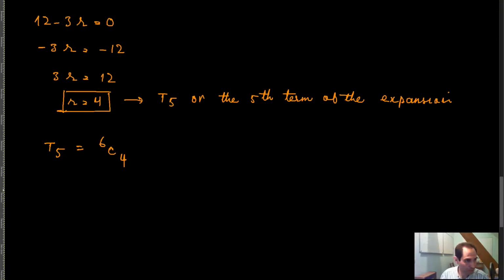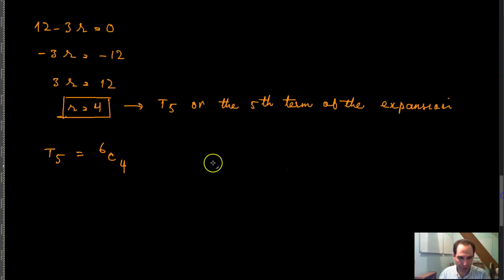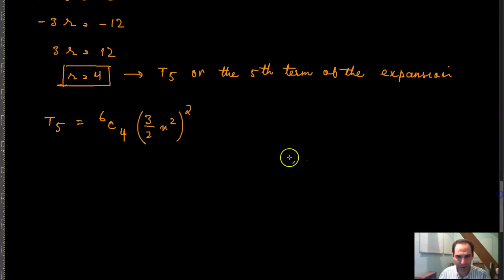You have 6 combination 4, and a raised to the power 6 minus 4, where a is 3/2 x squared, so (3/2 x squared) raised to the power 2. And then you have b, which is negative 1 over 3x, raised to the power 4, which is the same thing as 6 combination 4, 3/2 raised to the power 2,